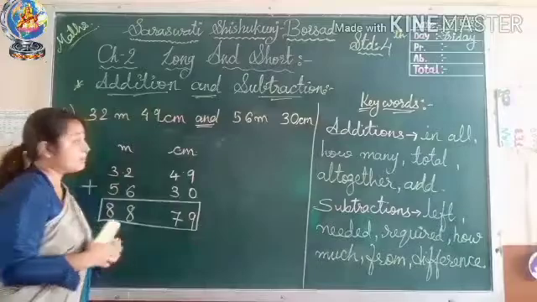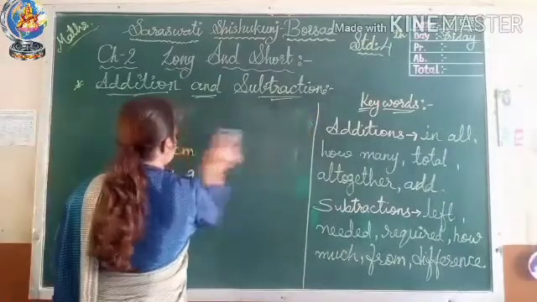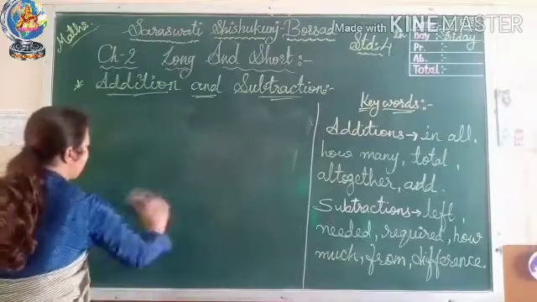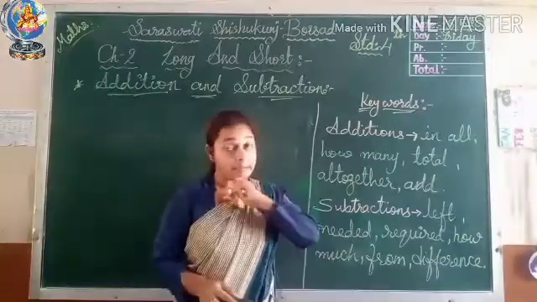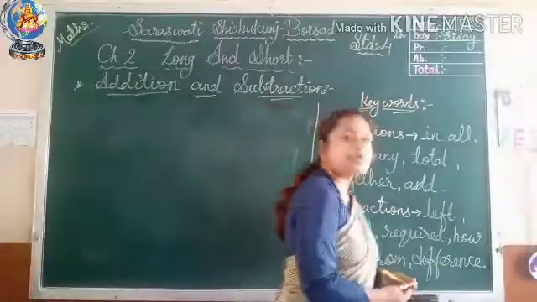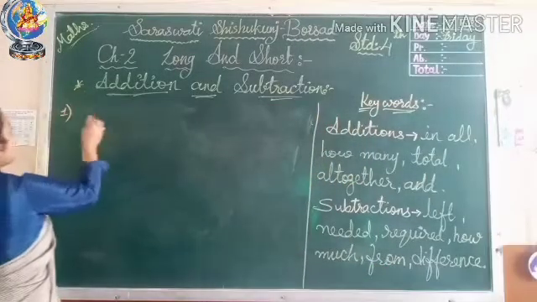Now let's have the subtraction sums. When you are doing the subtraction sums, one thing is very important for you to remember. First of all, write the bigger number first, meaning where the biggest number is given, that one you have to write first. Okay, so the first sum of the subtraction is